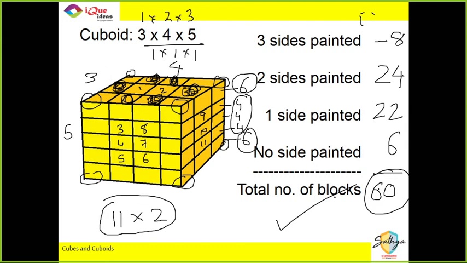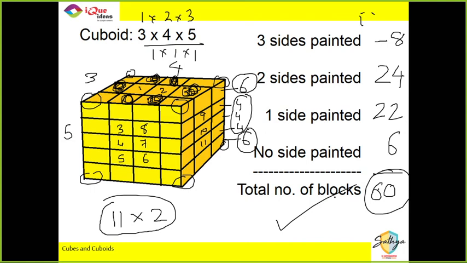Now this 11, I counted on how many faces in total? These 11 pieces were there on totally how many faces? 3. But you can only see 3 faces. The other 3 faces are not visible in the diagram. So if there are 11 in the 3 faces, that means the hidden faces will also contain 11 because opposite sides are always symmetrical. So 11 दिखता है, that means 11 is hidden. So 11 2s are 22.